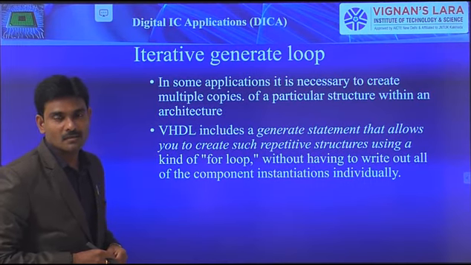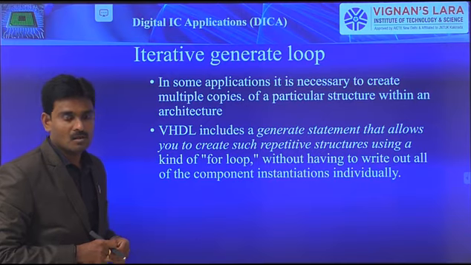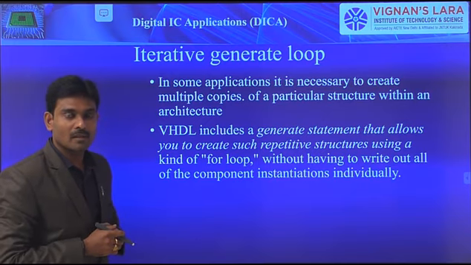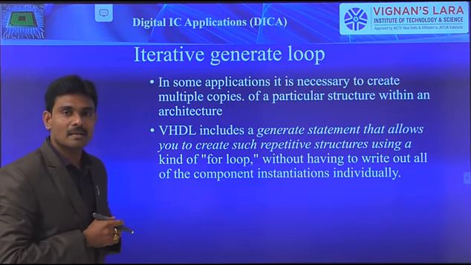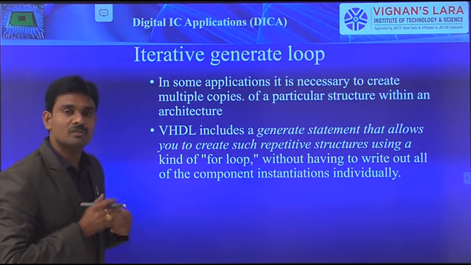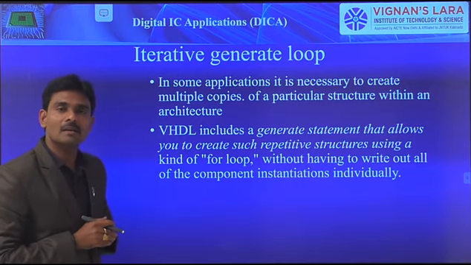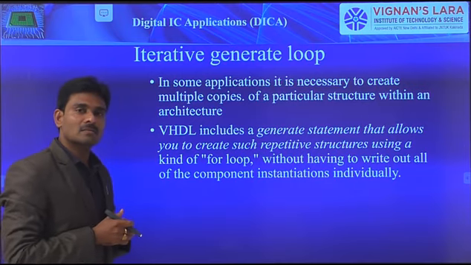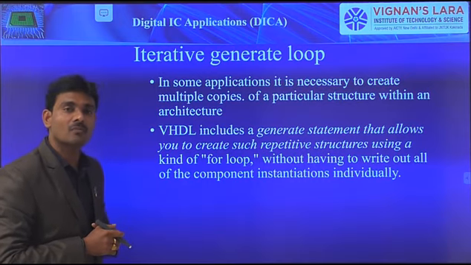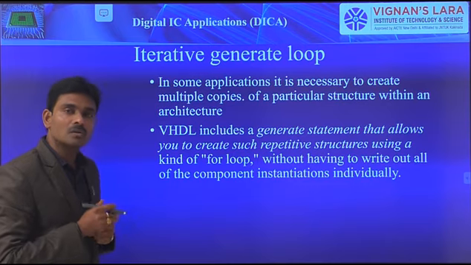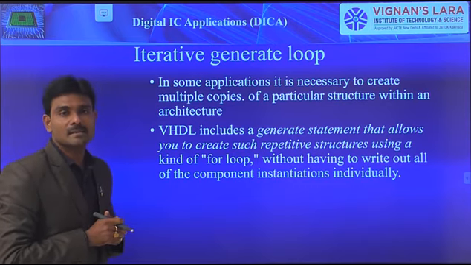Good morning students. In the last class we discussed the prime number detector. Within that program, in the architecture body, we are supposed to represent each and every component present in our circuit diagram. That's why we used 3 inverters, one 2-input AND gate, 3-input AND gates and a 4-input OR gate. All those must be instantiated within that architecture body.